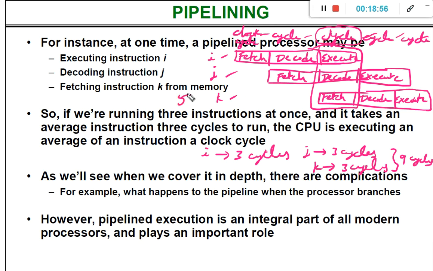Only 5 clock cycles are needed. So you can see the reduction in clock cycles, which improves the processor efficiency. Within a single clock cycle, we perform different phases of different instructions, which is called pipelined execution. Using pipelined execution, we improve the processor speed and the execution speed of the instructions.